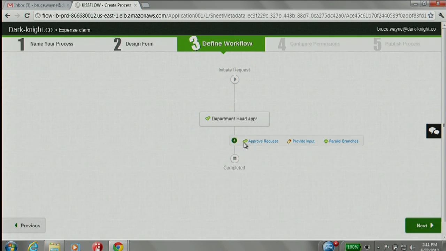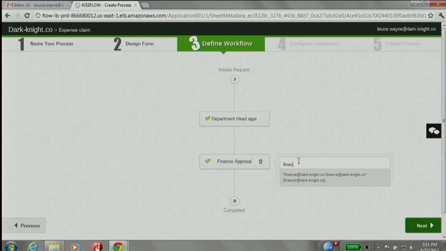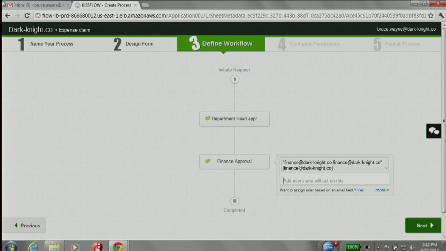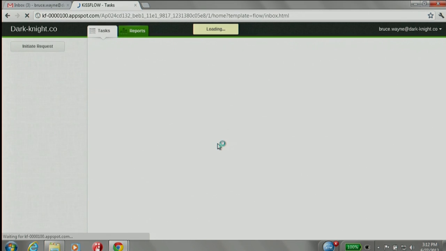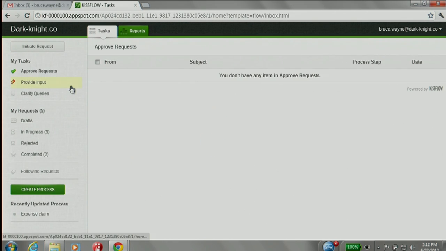Similarly, we will add the second step, which is for finance approval, because the finance team would want to do the approval themselves, right? So in this case, we will assign this to a Google group. So anybody in this group can approve this request. Again, you can see you can centrally manage all the user management and group management without having to define roles and manage all of those things. So once I am done with the process creation and the form creation, I can publish this process. And this is how it looks at runtime.